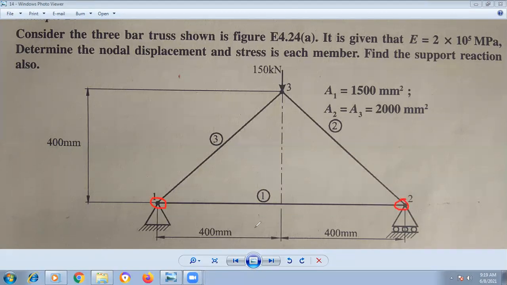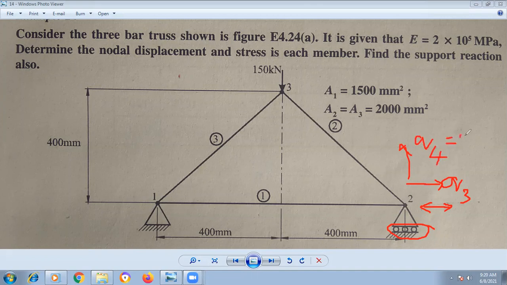You can see here, one of the nodes is fixed totally and the other support is a roller support. It means the displacement is permitted in only the horizontal direction. It can roll over the horizontal surface. So the available degree of freedom is Q3, whereas Q4 corresponding to it is 0. Q4 equal to 0 in this. Q3 is present. This is the unique thing in the problem, and this is what you are supposed to remember.